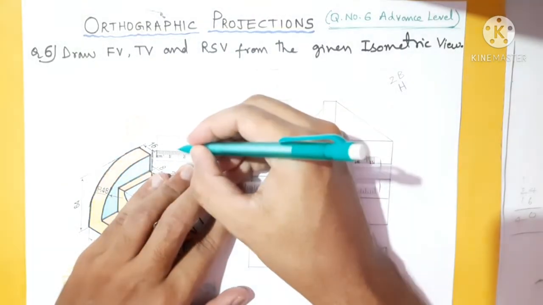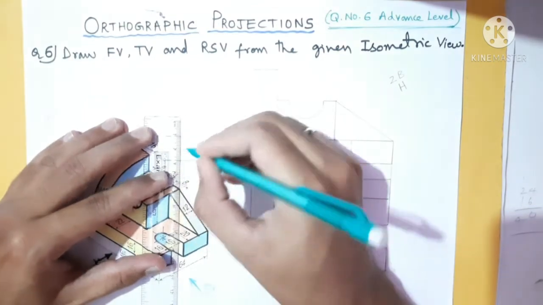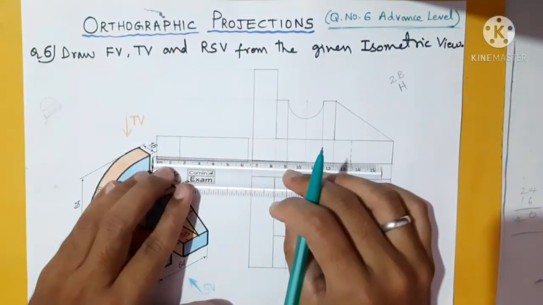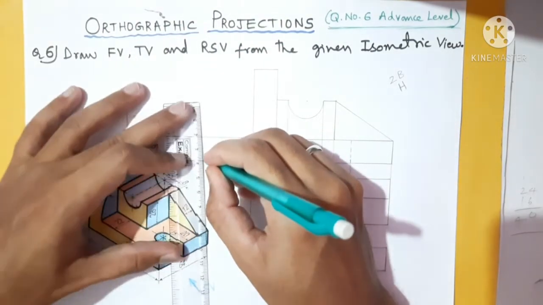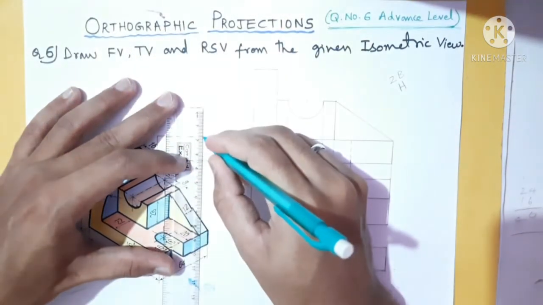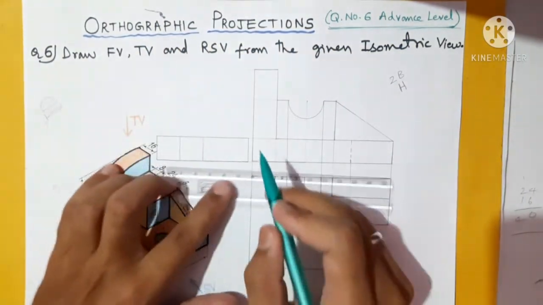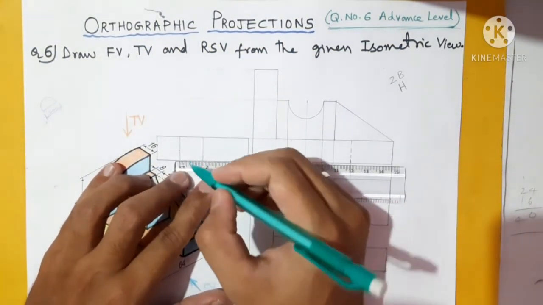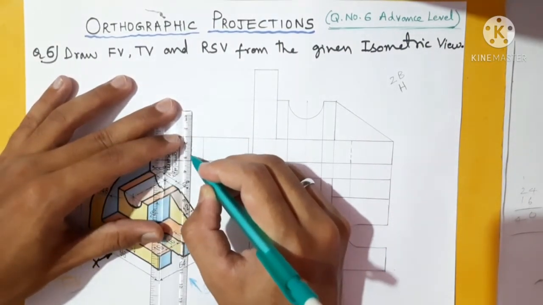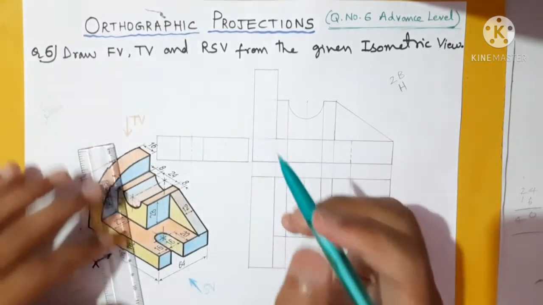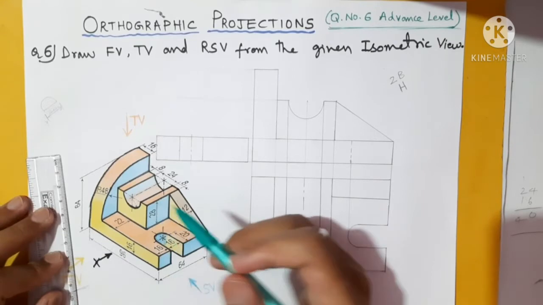Which is here, and another 16, means the total will be 32, and here is the straight line which I was talking about, these two lines, followed by here you will be getting the center axis line. 16.5 will be 8, somewhere here is your axis line. Axis you can extend both ways, it doesn't matter. After that, this rib and all those things we will do after some time.